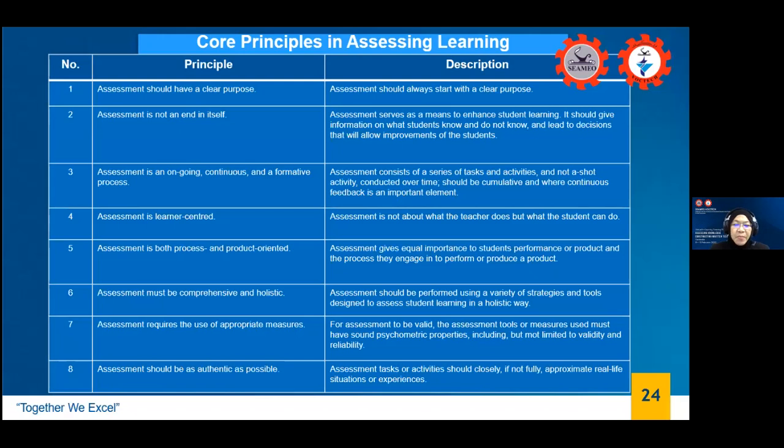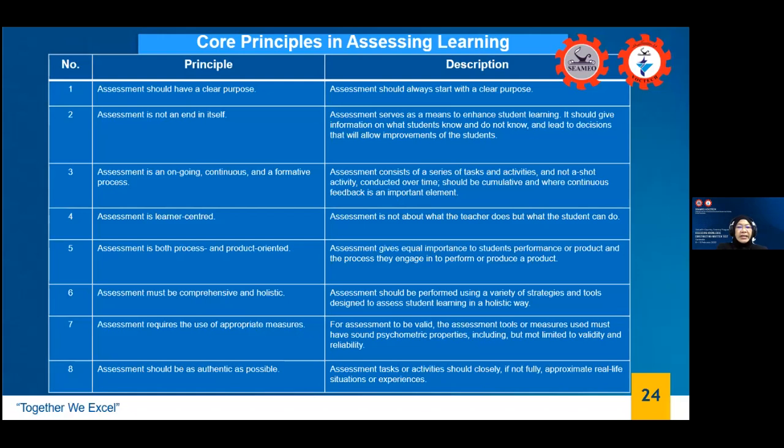Why? Remember, you want it to be student-centered. You want to facilitate your students to be successful, to be competent. So, oh, this one is not so effective. So what can I do? Oh, maybe I should try another one. And then when you keep on trying, you will notice that, aha, my students like this one. My students learn better this way. This is what I will use when I teach them. And there you go. You're using comprehensive and holistic.